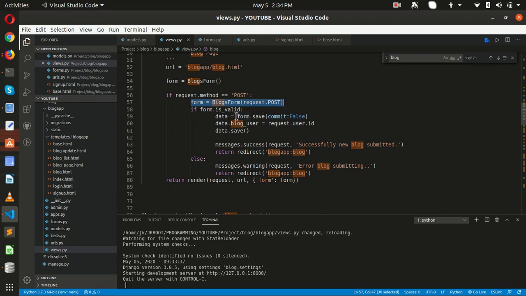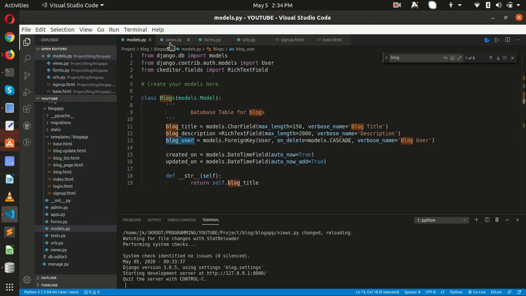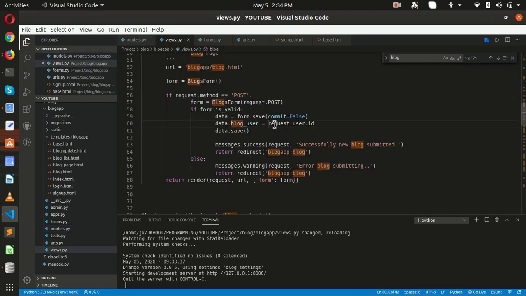So we have just used form.save and commit false. That will not store the data yet, but it will create an instance. And after that we use our blog user, the other field we need to store data in, and we pass request.user.id, the current logged in user's id, to the blog user. And after that, we save this.